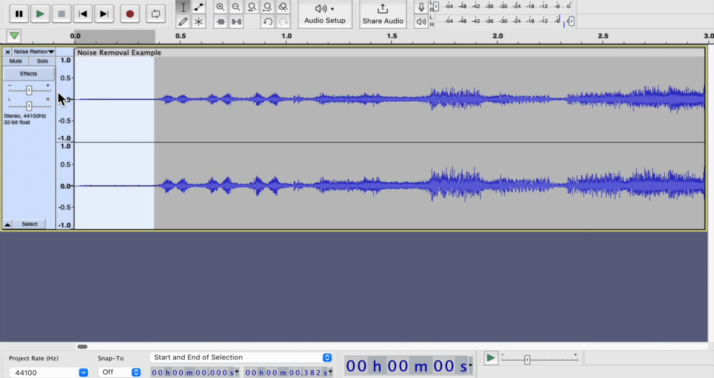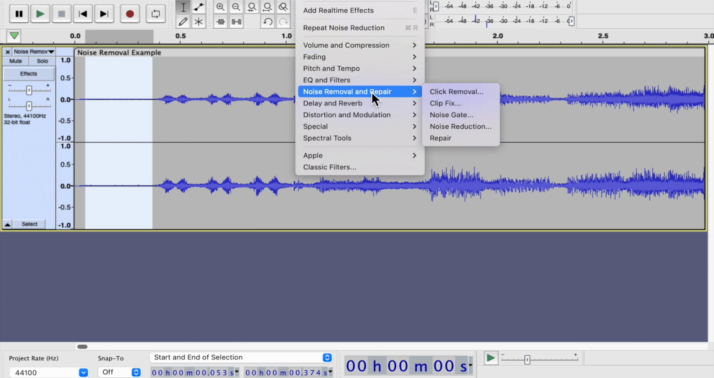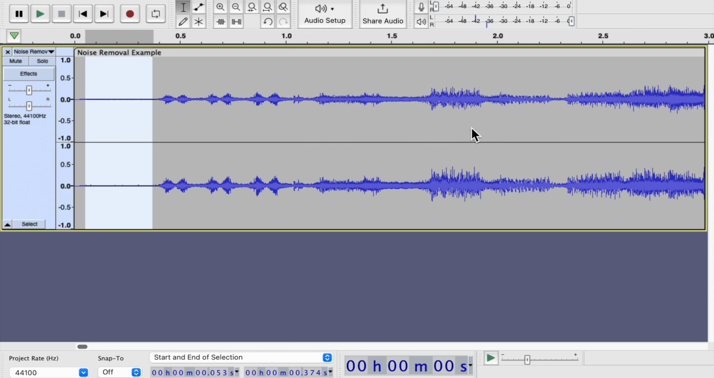And a quick tip: you can do two things, because you can still hear the background noise and I don't want that. You can repeat the same steps again. So select the part where you can only hear the background noise. Repeat the same steps. So go to Effect, go to Noise Removal and Repair, Noise Reduction, Get Noise Profile, select